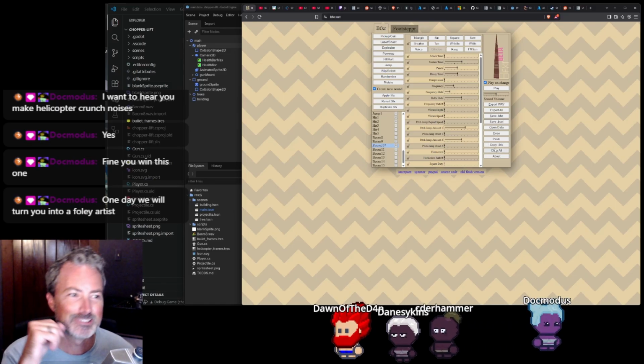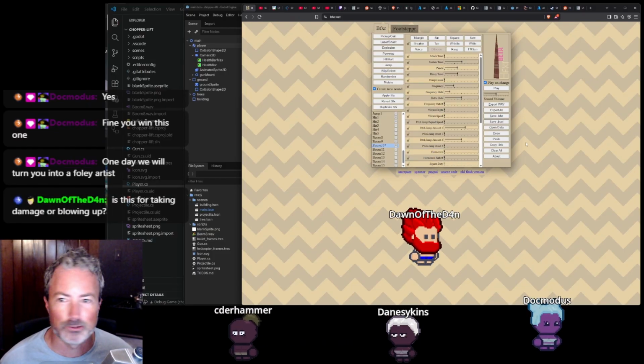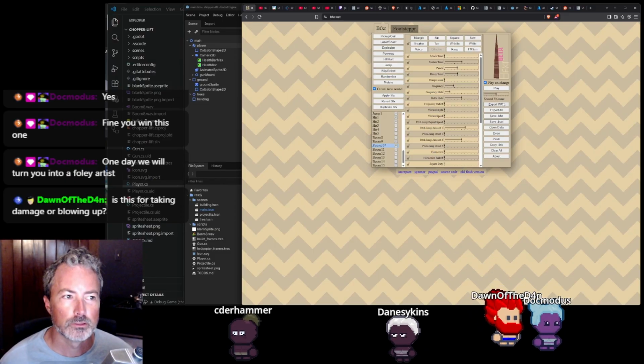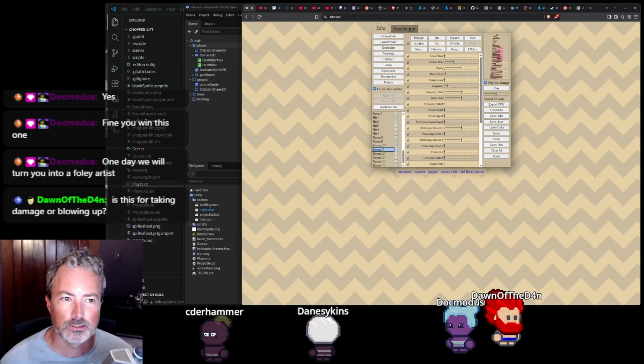Into a Foley artist? I mean, I'm not opposed to that. You saw my homemade sound effects. This will be for blowing up. Maybe that's taking a hit. Taking damage is...